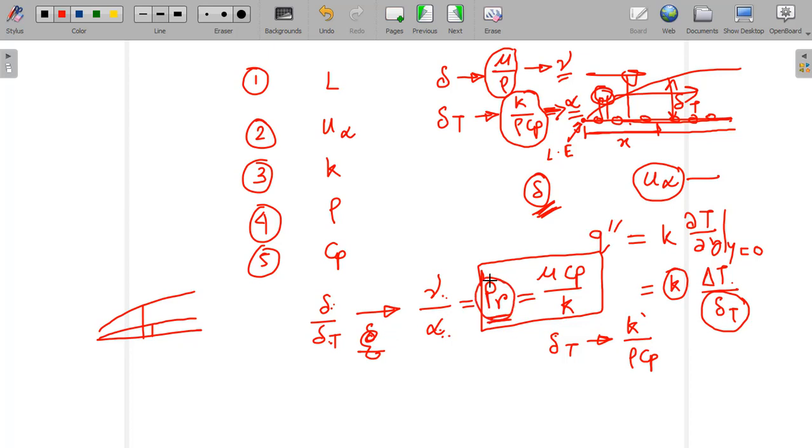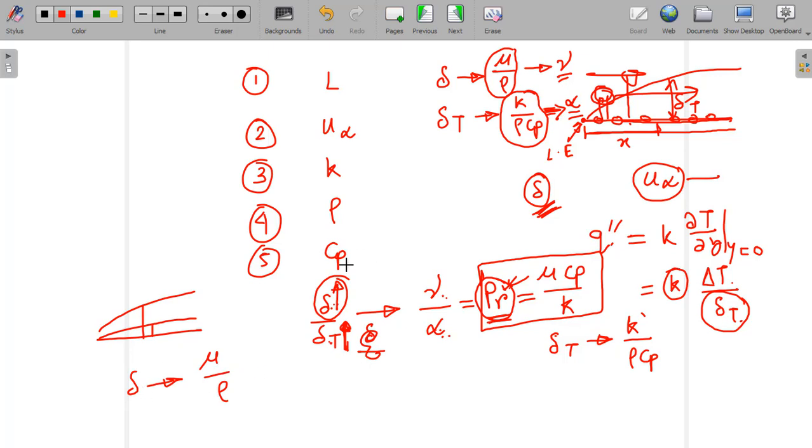So if the Prandtl number is fixed for a fluid, then you can understand that if delta increases, then delta T also has to increase, otherwise the Prandtl number is not possible to be fixed. Okay, so the Prandtl number of a fluid is fixed. Now if delta increases, that means delta T should also increase. Now you already know that delta depends on mu and rho. So if delta increases, then delta T increases, and if delta T increases, you know that heat flux is related to that. So it is clear that delta has a direct effect on the heat flux.